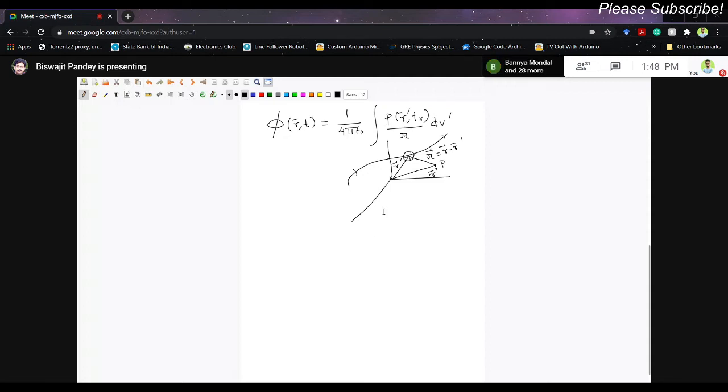Say 1 over r here, right? So r is what? r is basically the distance from the source point to the field point. That's the mod of this curly r. This is r, and then on top of that, the numerator is this charge density. Now we know what charge density is. Charge divided by volume is called charge density. Fine. And r prime is the location of the moving point charge. t_r is the retarded time at which the electromagnetic signal started its journey from the source point to the field point. Now if you want to carry out this integral, how do we proceed?